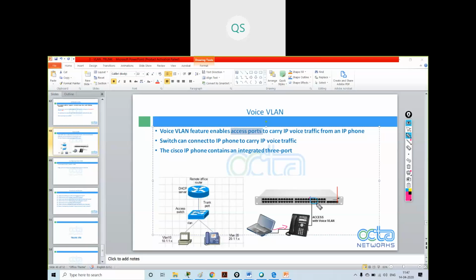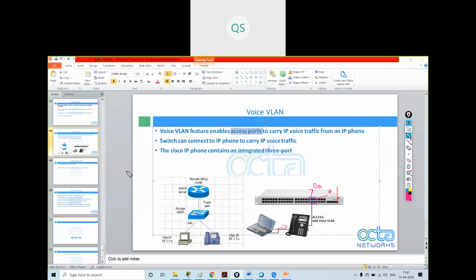Now this switch will have the traffic of data VLANs and also the traffic for voice VLAN. So we can configure both things.